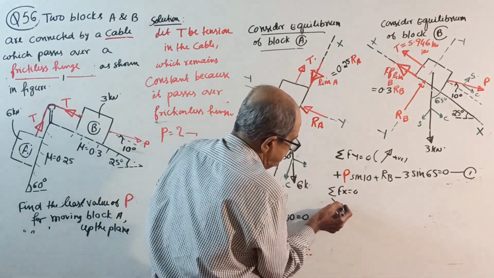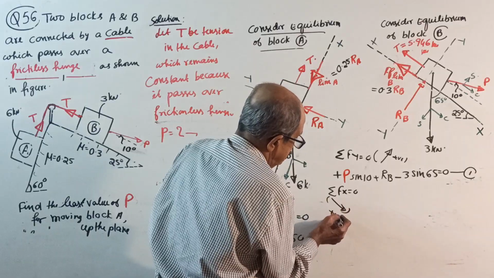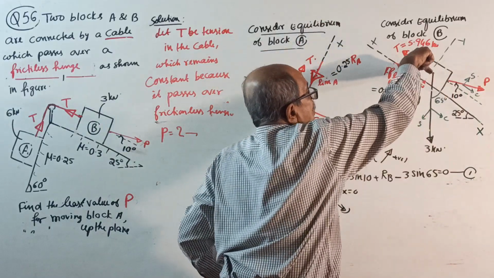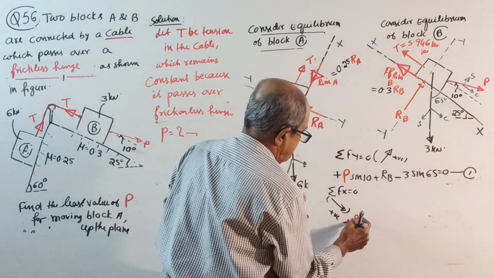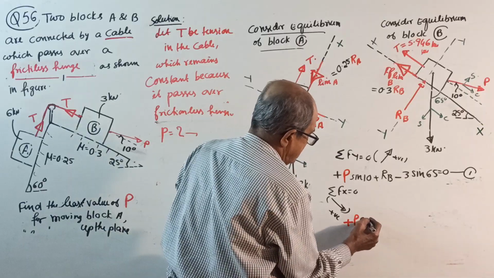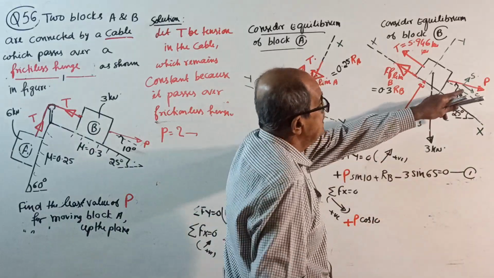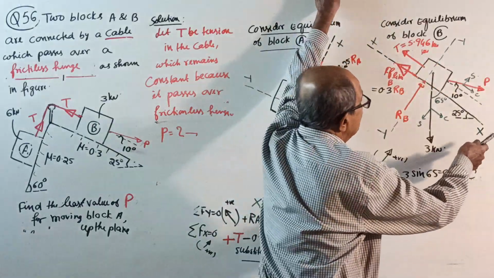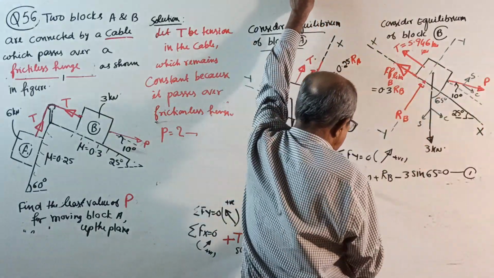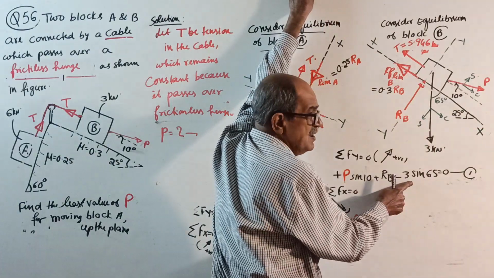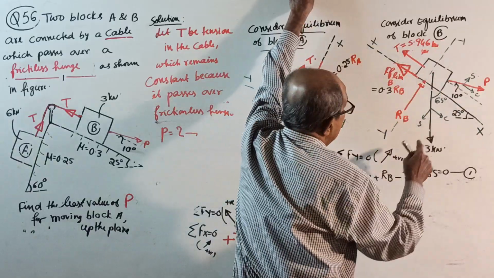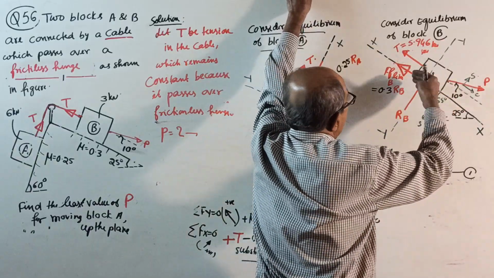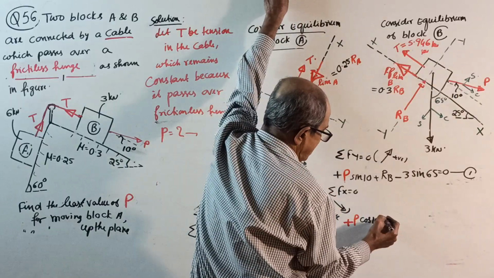Take this way positive. See, this way positive. So plus P cos 10 plus P cos 10. If they give pure horizontal, if they give last time P along the plane, this will not come. RB directly will come. But now simultaneous equation, plus P cos 10 and then see minus 0.3